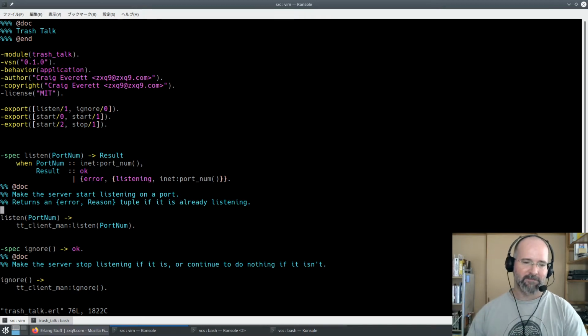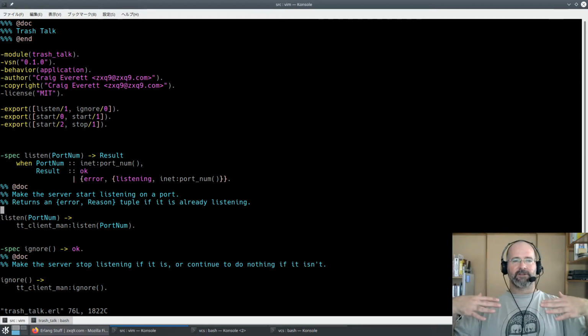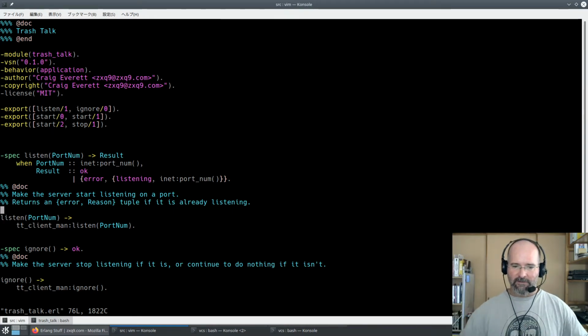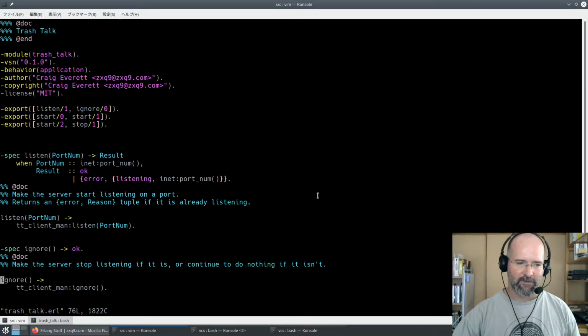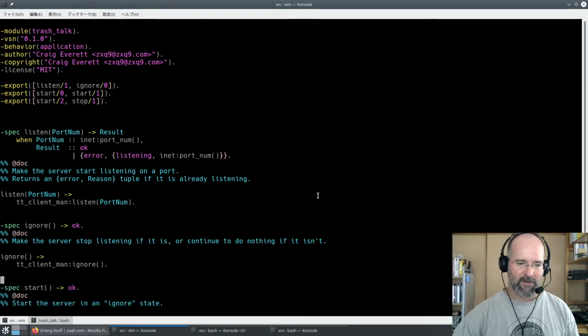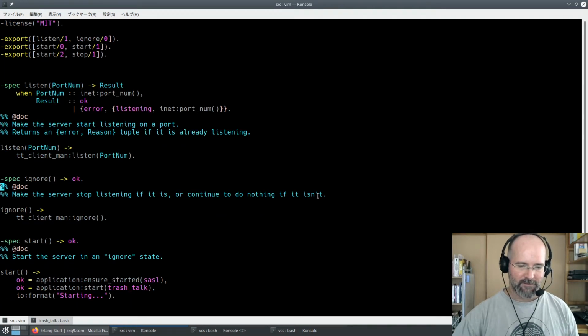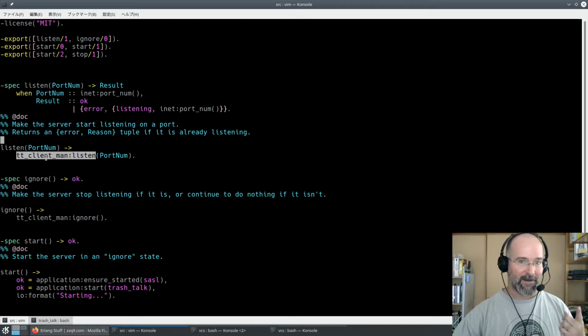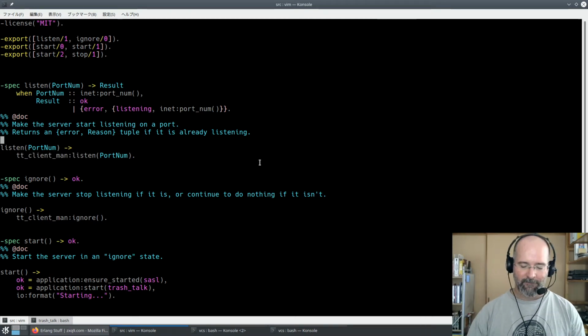Instead of thinking, wait, inside of this system, what module is able to listen, and go digging through garbage? That's a mess. So this is a simple way to do it, and it's much nicer for your users if you define top-level interface functions where Trash Talk is this abstraction. It's this server, it's a service, and you just want to talk to the service. Define those interface functions on that service, because the other way sucks. Making people have to dig through your code is dumb, and it's also bad for you because now I remember where this is, and I haven't seen this in a while. So